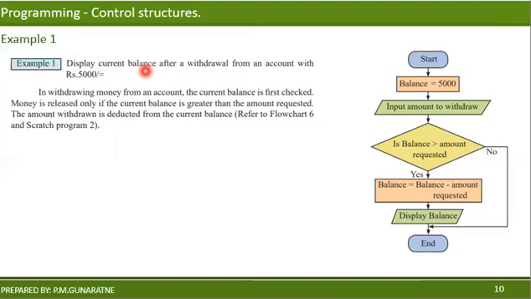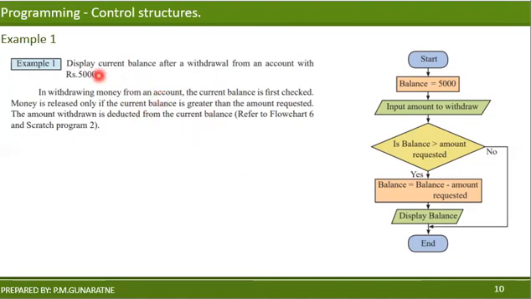We are going to follow that particular process. Okay, first inputs. In order to find the balance, first we need to know the amount that is going to be withdrawn. We have to remember that one, right? We need that amount of money as input. If we have that one, then we can subtract that amount from 5,000, which will result in the remaining balance. Then we can display it.